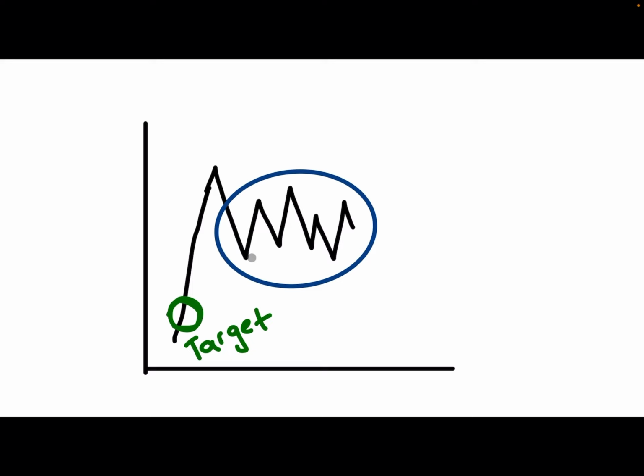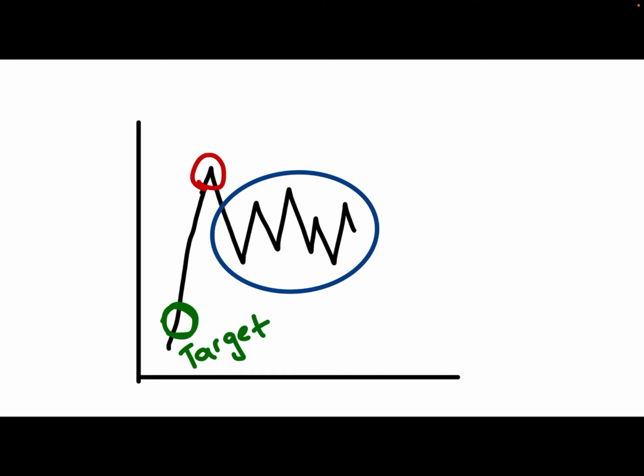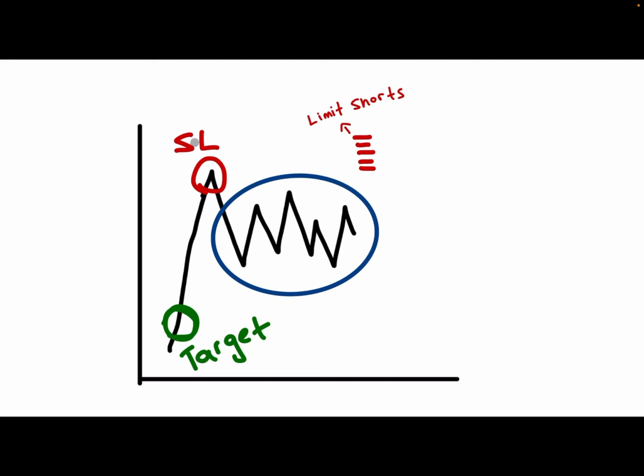Where do you think the retail traders who are shorting the price at this blue circle will put their stops? Well, it will be here. And when they're putting their stop losses here, what a big player can do is place limit short positions just above those highs. So when those people are getting stopped out, he can actually get into those limit shorts at much better prices without pushing the price down, because these guys who have stop loss levels hit here have to buy back their positions, and when there's a shorter and there's a buyer, these guys are not actually pushing the price down.